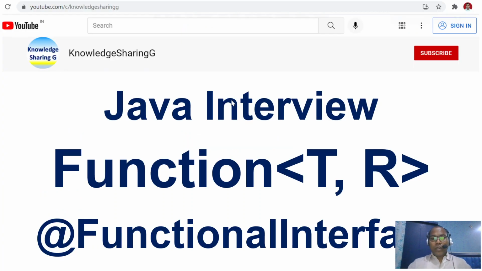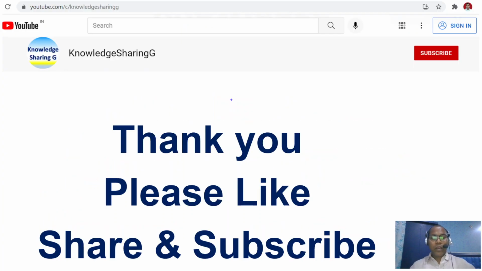So I hope this information will be helpful to you for a better understanding. If you want to get the exact understanding, this is my humble request: write your own code, write one stream, write the map method, and check what input the map method is expecting. The map method is expecting a functional interface type.